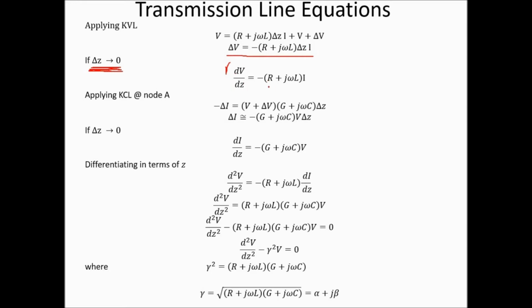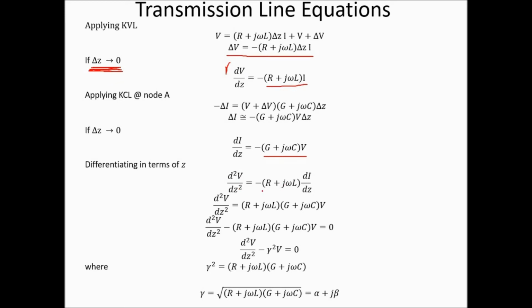So I write dV over dZ is equal to this. Similarly, we can write dI over dZ is this. So you can get the voltage derivative with respect to Z and current with respect to Z. Now, if I take the derivative again, that will be d square V over dZ square